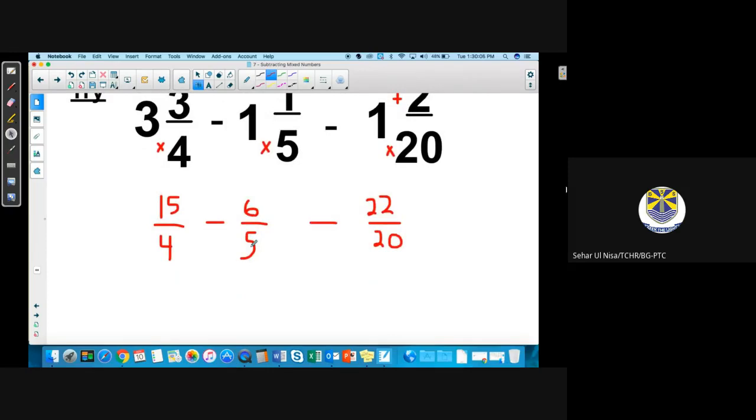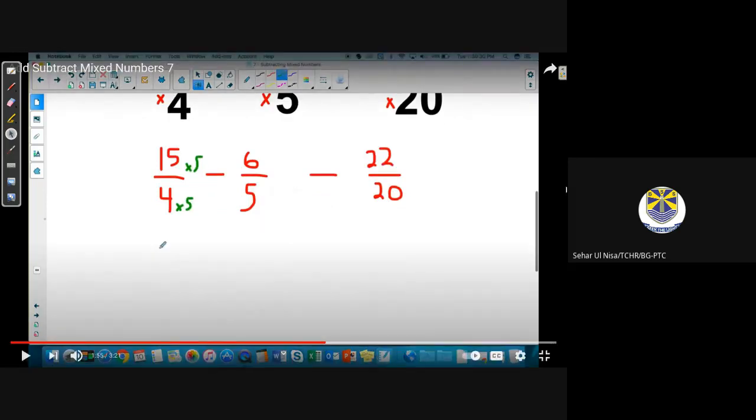But remember, to subtract them, we need to have the same denominator. We said 20 was the common denominator. 5 can be made into a 20, 4 can be made into a 20. So let's do that. Turn this 4 into 20. We times it by 5, and we have to do the same thing to the top. So our 15 times 5 will give us